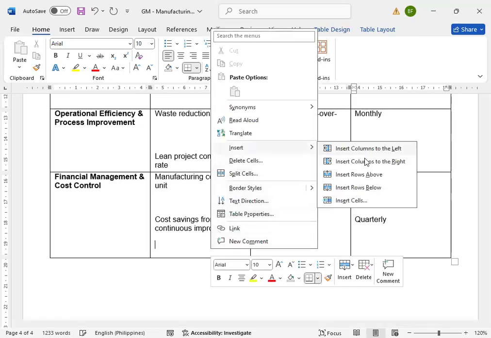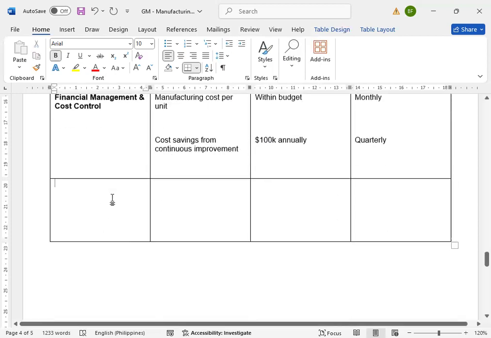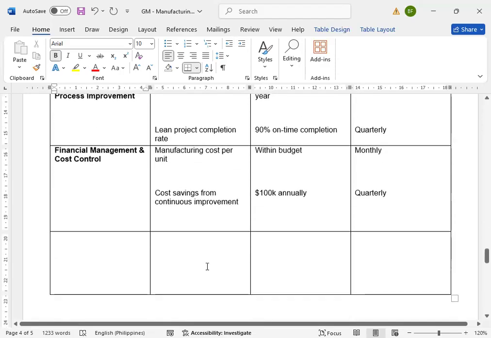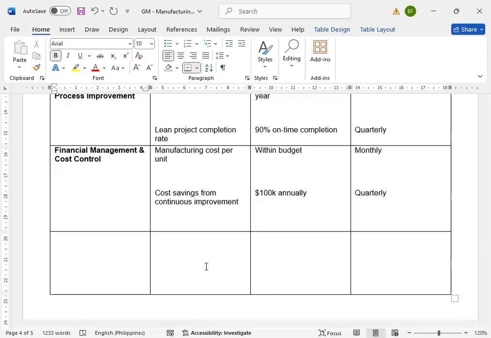I cannot give you so many things. Otherwise, what will happen? If you give too many things on his plate, then the GM will also burn out, and we don't want that to happen. So we just give him enough for him to be able to do it successfully and efficiently. So the last one that I'm going to give you is leadership